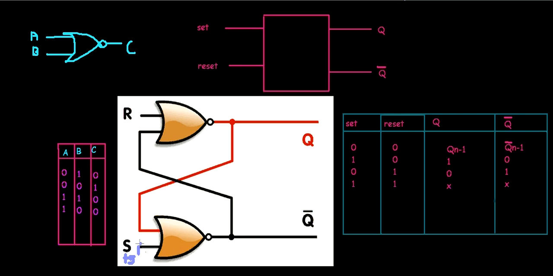So suppose everything initially is 0, okay, everything is grounded, there is no output on these terminals. When we connect this set to 5 volt, that means one input to this NOR gate is high, that is 1. So go back to the truth table. When any one of the input is 1, what do we get? The output is 0. So this Q will be 0.